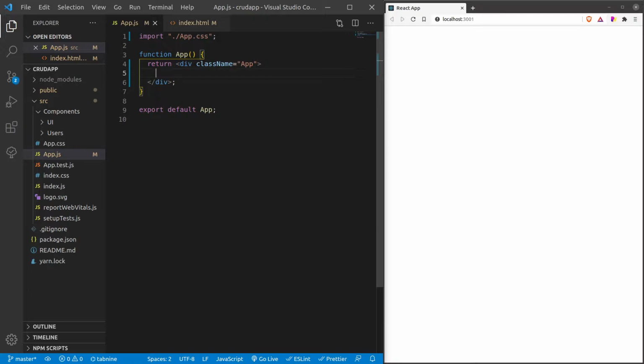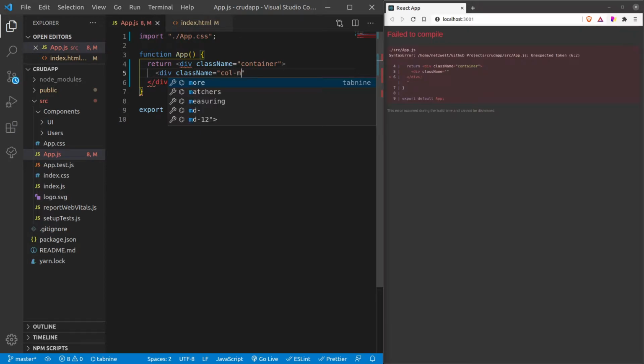As I have mentioned that I will be using Bootstrap, let me change the class name to container. I will not be focusing much on the UI for this application, and I am assuming that you can get a better idea about Bootstrap from its documentation itself because it is not that complex.